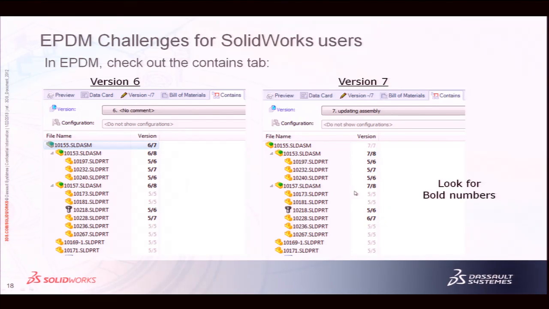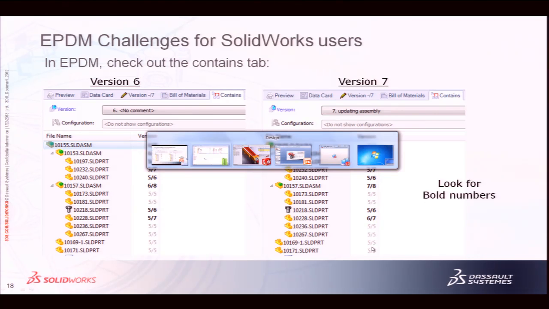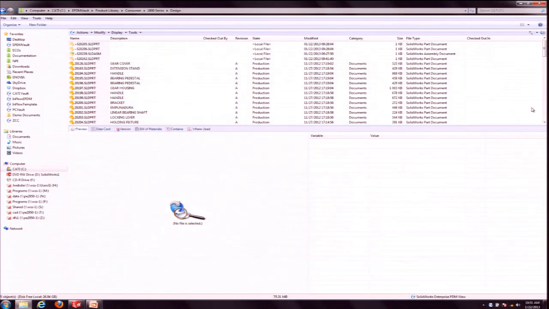But let's say I change this whole assembly, everything looks good, and then I modify a part down in the tree. Well, I have to take that part and apply it to the subassembly that uses that, and then apply that to the top level assembly for all the bold to go away. Because really the goal, if you want to release the latest, is you want to have gray all through your contains. So if I go into EPDM and pick an assembly,